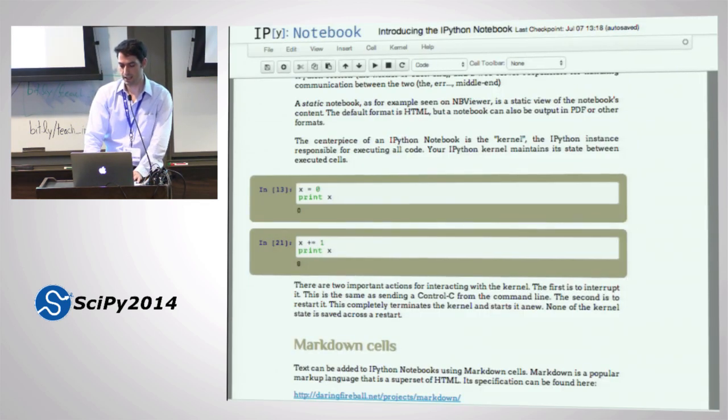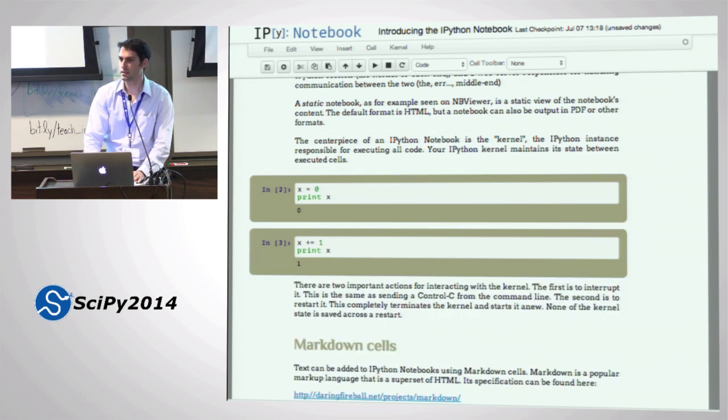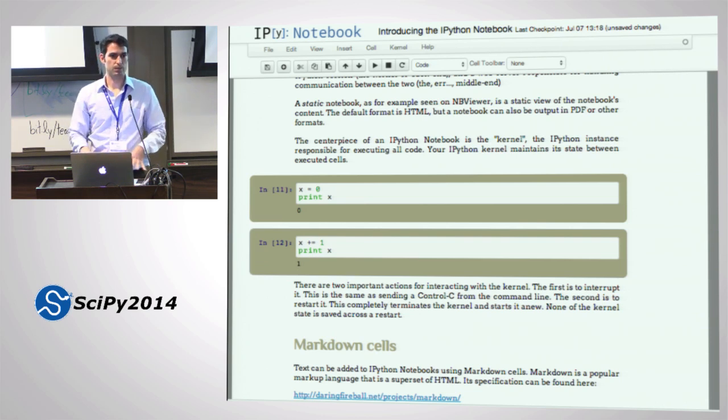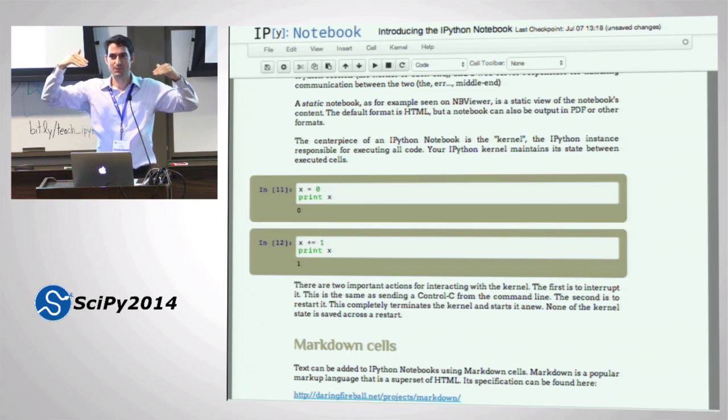Now if you try to execute the bottom cell, you're going to get an error that x is not defined. And if you execute the top cell, of course, it'll set x to 0 again. And the other thing I want you to do is try to execute this cell a bunch of times. Go up, execute the previous cell, and then go down and execute the bottom cell. The reason I'm making you do this is because people don't realize the first time they see the notebook that you can execute the cells in any order, right? So you could write a notebook that should be executed from the bottom up, right? And it's probably been done.